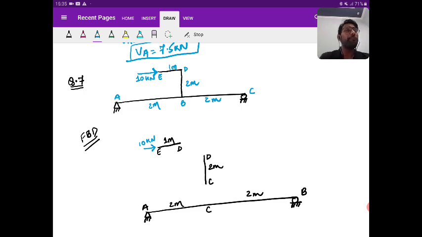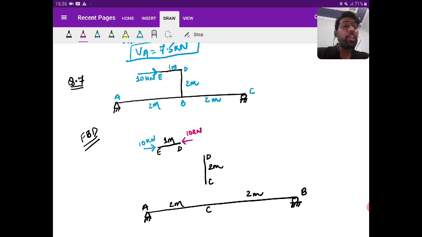I think you might have drawn. See now. So ED, you can see there is a horizontal load. So this horizontal load will be balanced by the opposite load at D of 10 kilonewton. Yes or no? So now member ED is completely balanced because both 10 kilonewton forces at E and D are equal and opposite and collinear. So it is completely balanced and it is not creating any couple.